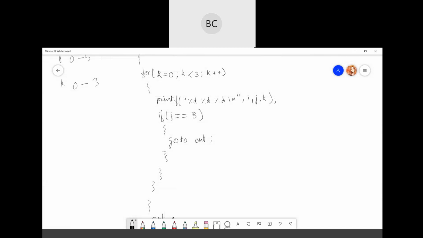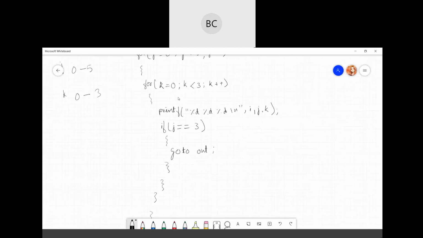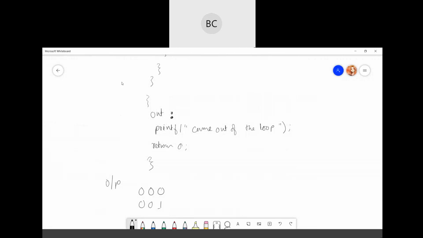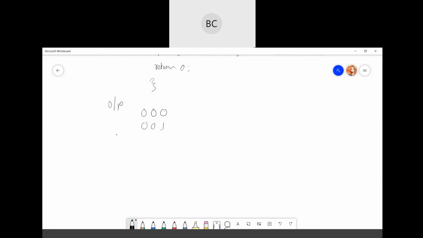There is no stopping condition for k, right? No stopping condition for k. So k will obviously run 3 times: 0, 1 and 2. This is the i value, this is the j value and this is your k value, for example. So 0, 0, 1 is correct, then 0, 0, 2, k value done, 0 to 3 range. If I'm initializing it from 0, the values will start from 0, 1 and 2.